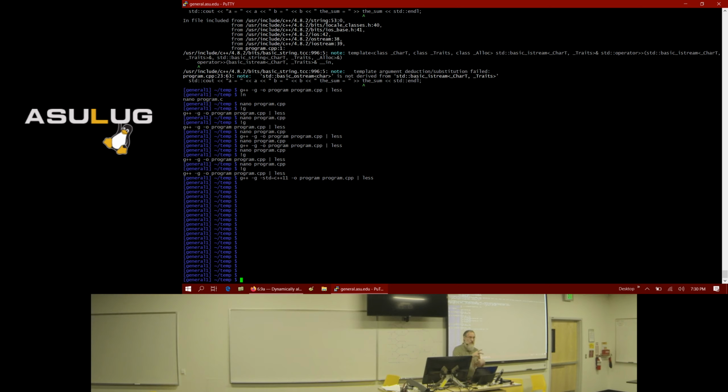But if he's teaching you some C++ 11 or advanced stuff, or if you just want to do it on your own, then if you want to use C++ 11 components of the language, you have to specify which version.